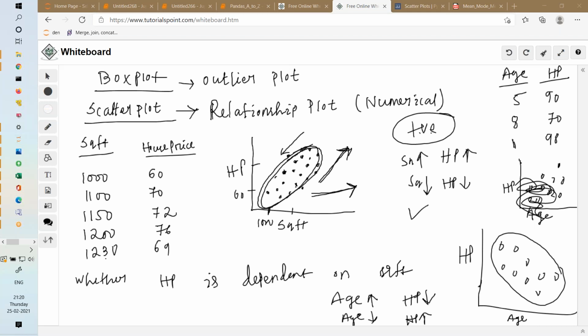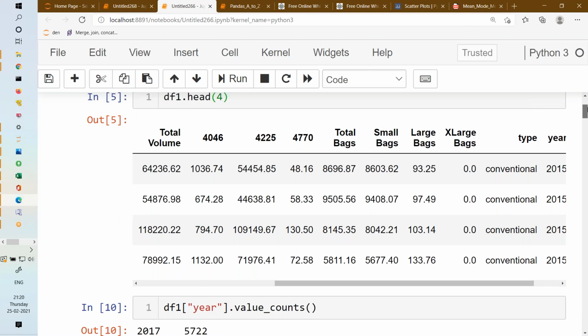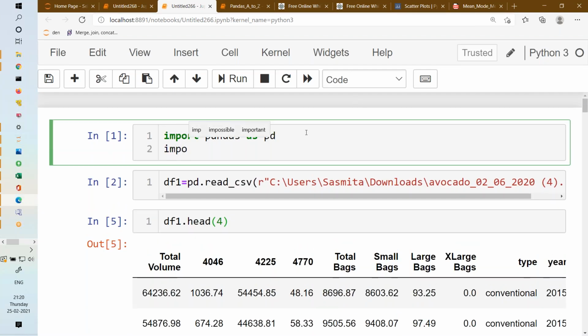When you start your coding, the very first cell, where you import all the packages, there only you need to write set options. In the very first cell, wherever you're doing import, let's say here I'm doing import, I will write the import set option and run it, so that all the rest of the cells will give you the complete view.